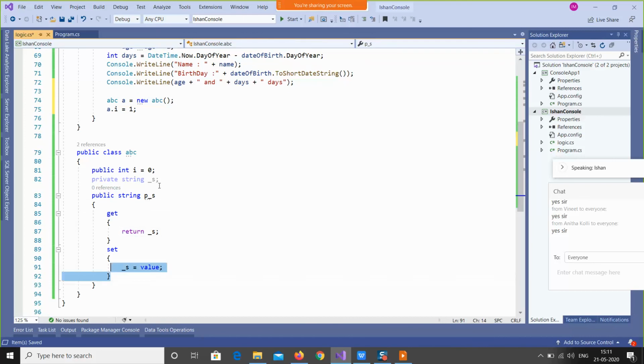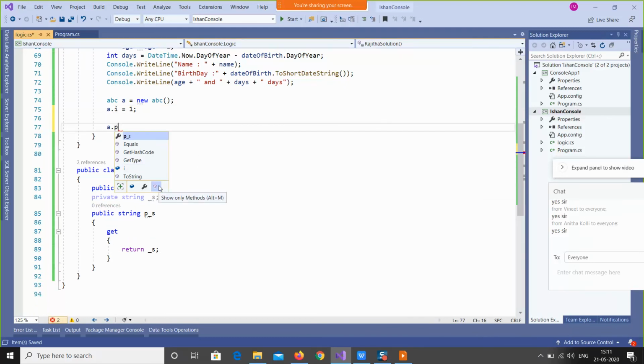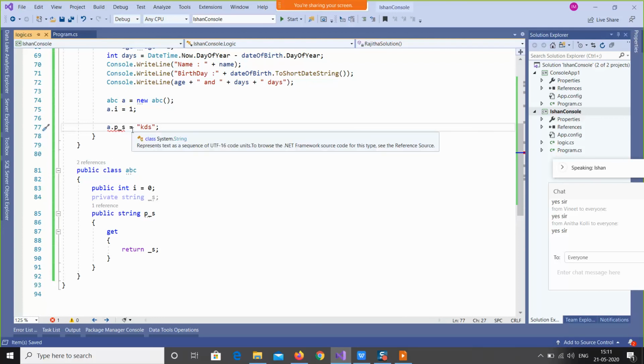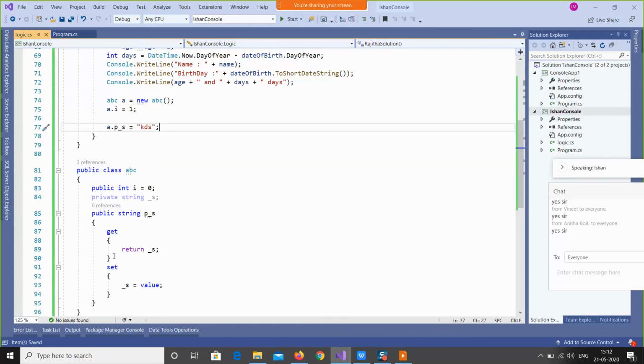If I remove this set, then this a.i, I cannot write like this. See, it is giving me the red underline, it is giving me the error. But if I keep the set back, then it is allowed.